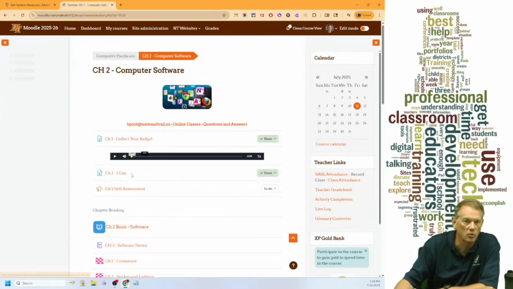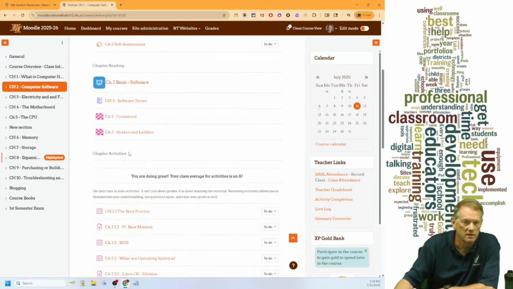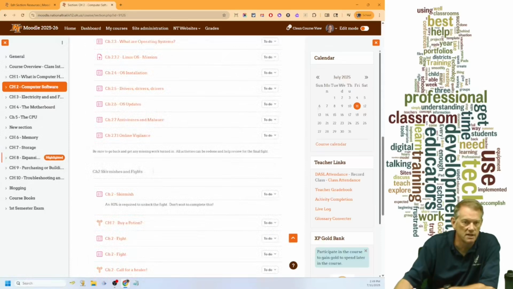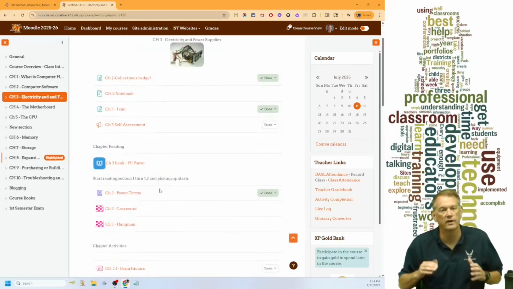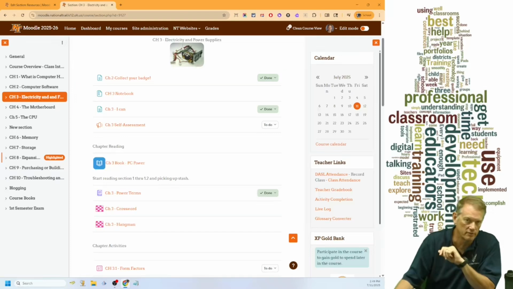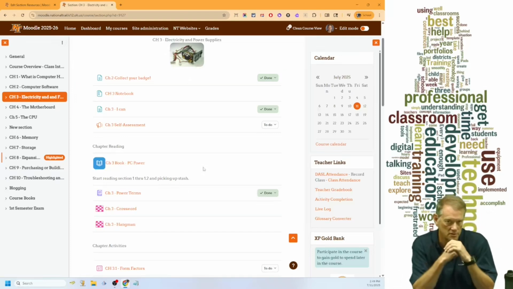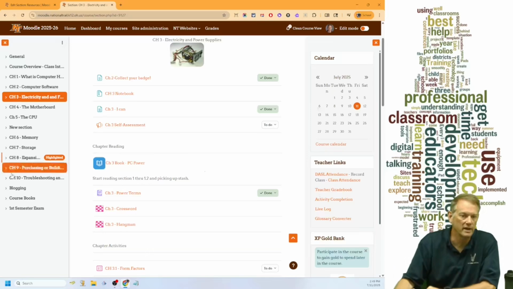So I go to any one of the sections of my class. I have the same chapter reading, same chapter activities, same skirmishes and fights, and everything is laid out very much the same, even though the content is obviously different. I'm using labels, and you can see I do have a very small picture up top here introducing the topic. But I use very small labels, just text inside my site to standardize my course and to break out those